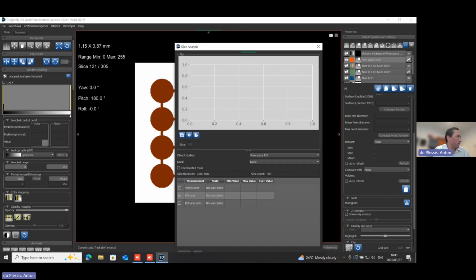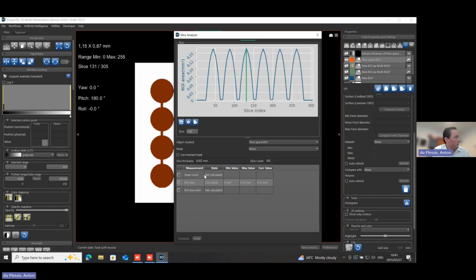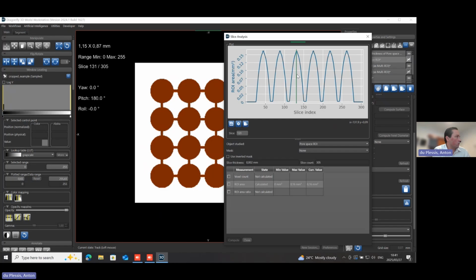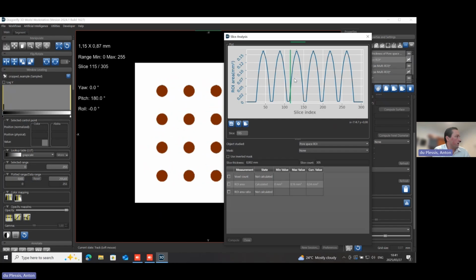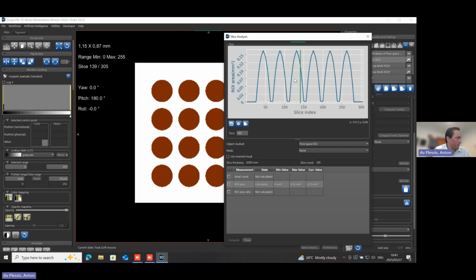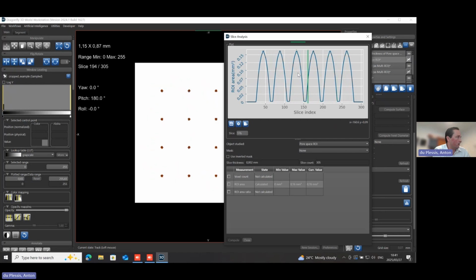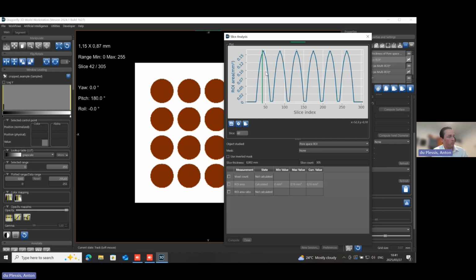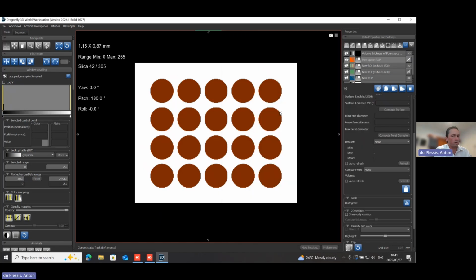So let me just pull this up. There's a compute button. What this does is it calculates the local region of interest area versus distance. So this is in the XY plane along the Z axis. So you can have a look at your area fraction of pores versus distance. You can do the same for the material fraction over the distance if necessary. And in that way, you can get porosity versus distance along one direction. It's useful if you have some directionality, or some interest in seeing if there's more pores in one side of your sample than the other.